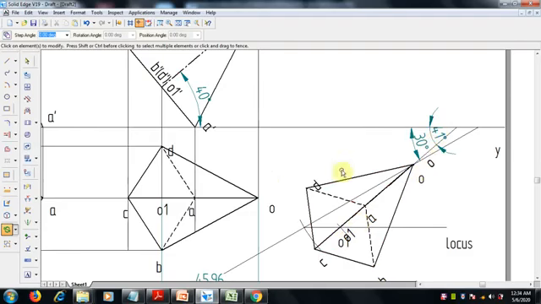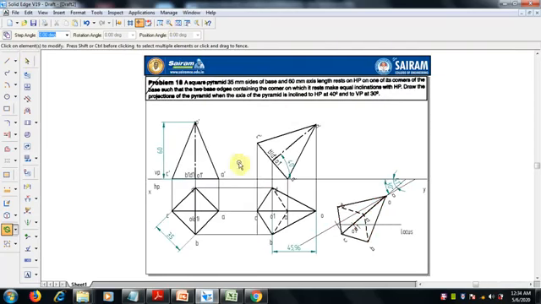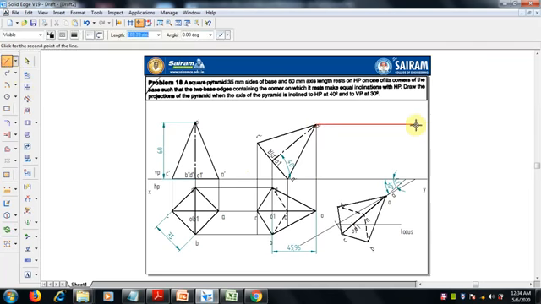Now it is lying here, and we need to draw the front view. Okay, the front view, how to draw? Project the lines. We know the end points. Select.